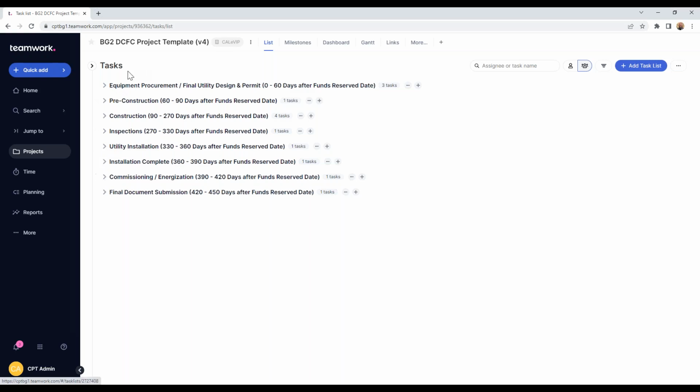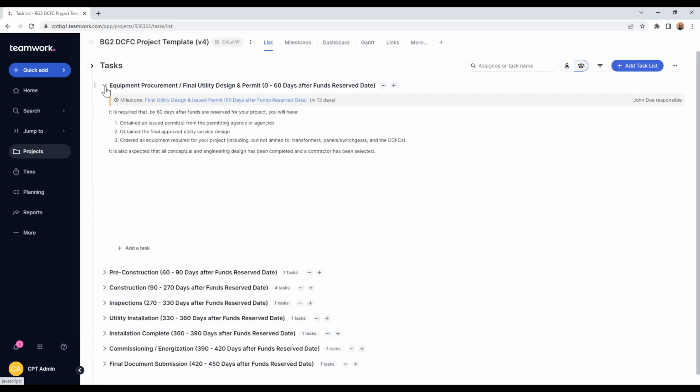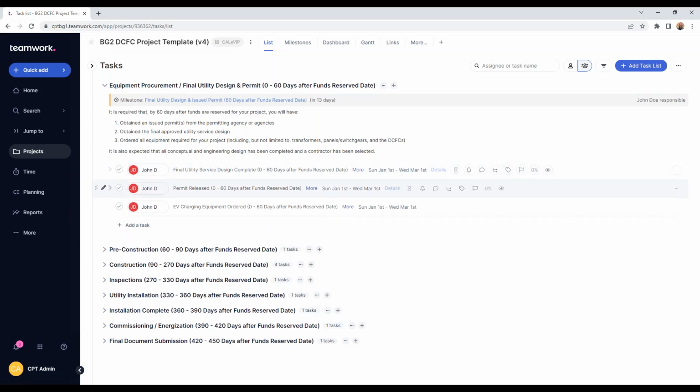These are the major parts of the project, and under each one, there's a little caret drop down, and you can see the tasks that are associated with this. They're all assigned to John Doe at the moment, but as you sign up, you will be added to your specific projects as the responsible party. So for this project, if John Doe has